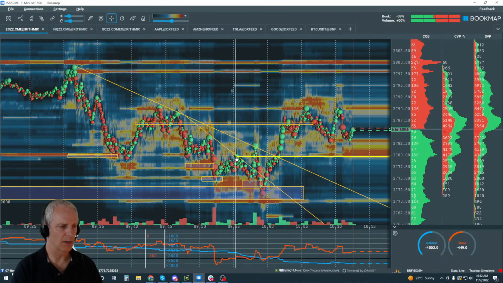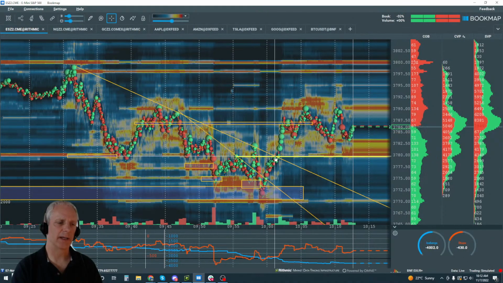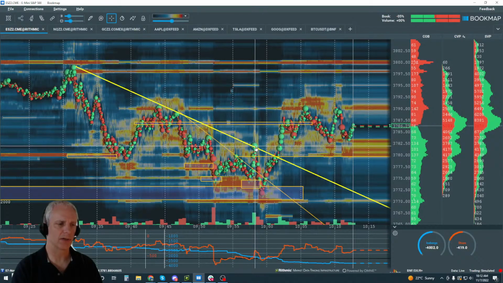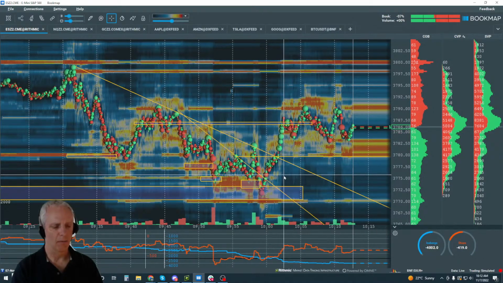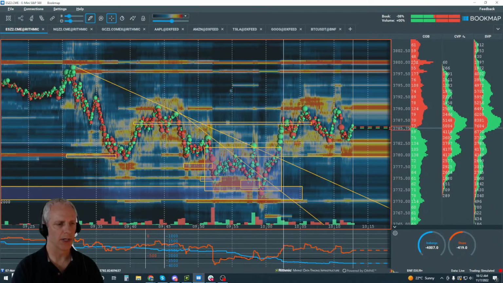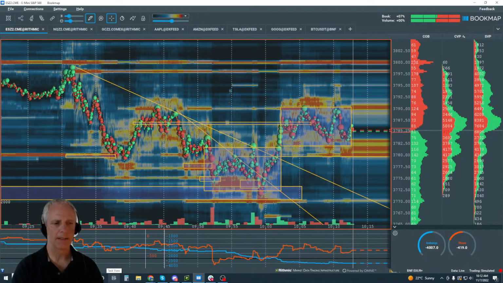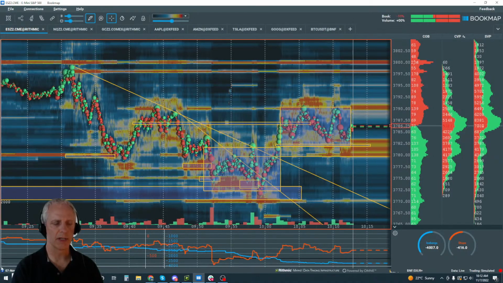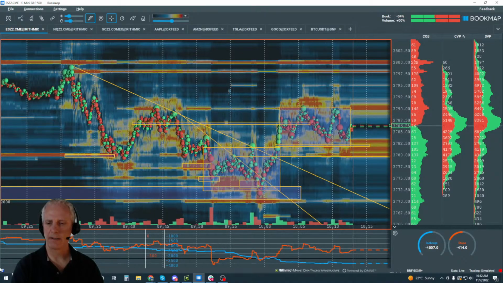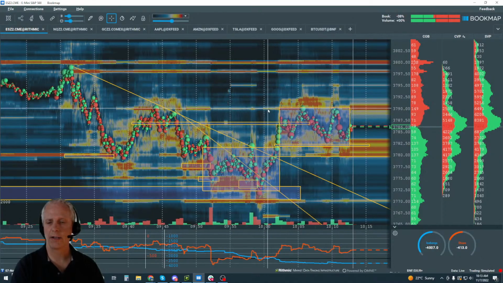Okay, that broke this smaller structure. We get enough buyers to come back in, and then they break even this structure here. Now, where is it accepting? Okay, now what we're looking at is market structure change. And that's it. So now we're looking forward to see if it's going to be supported here around the 82 and a half. Okay, so that is the goal in here.